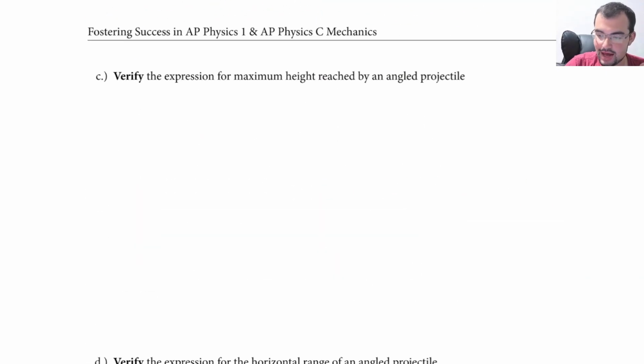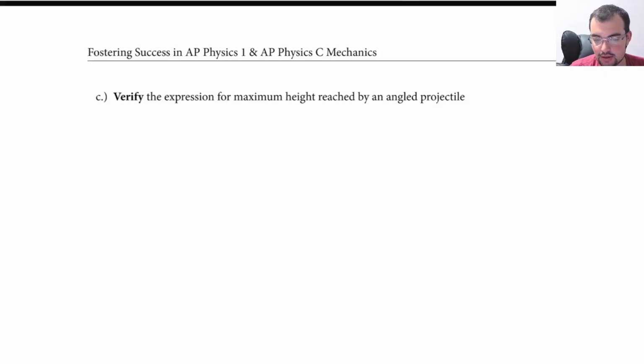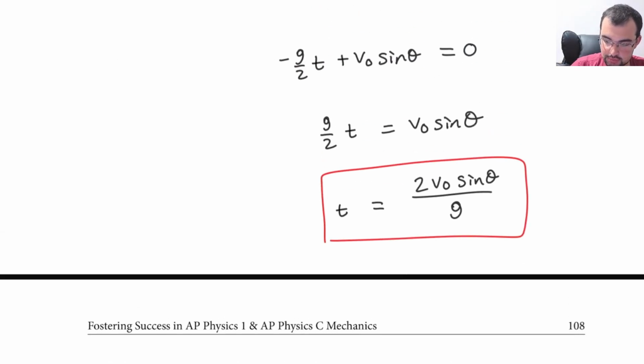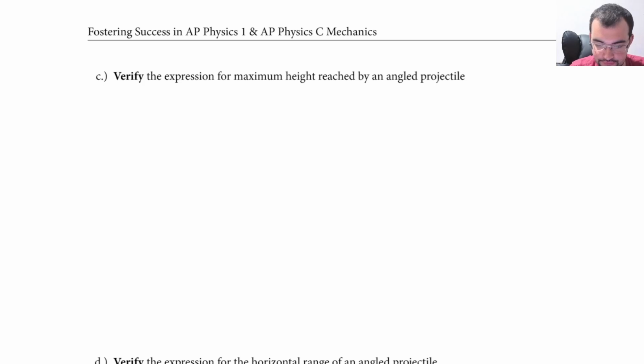All right, verify the maximum height. You can kind of pick your poison here on which way you want to find the max height. One way you could do it is you could just plug in half of this into h equals 1/2 gt squared. That's actually a pretty good idea. I'll show you the more traditional way, and then we'll check it. So we could use the half-time symmetry idea. Vy squared equals Vy0 squared plus